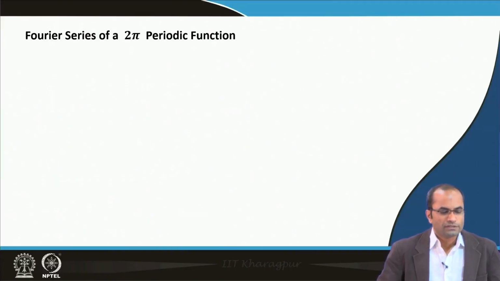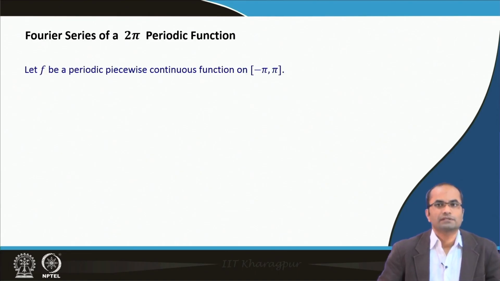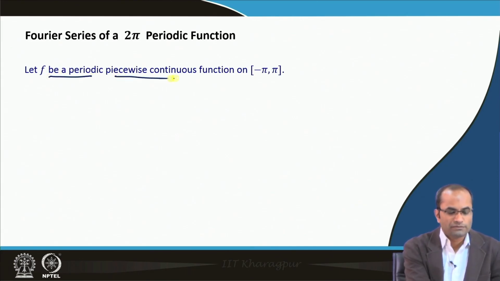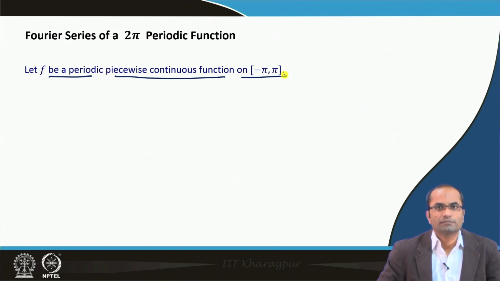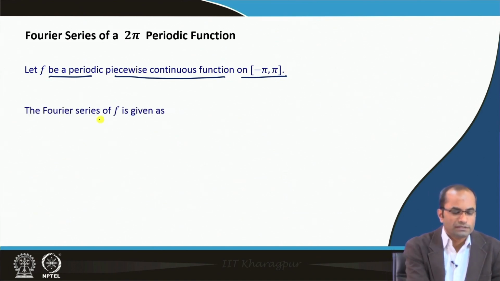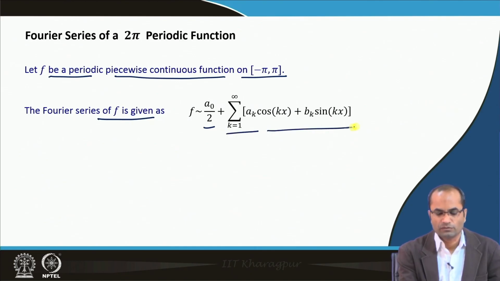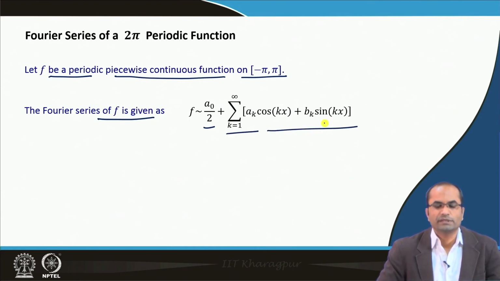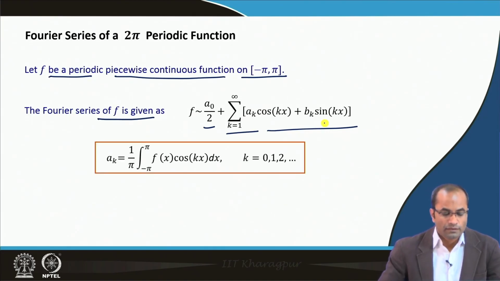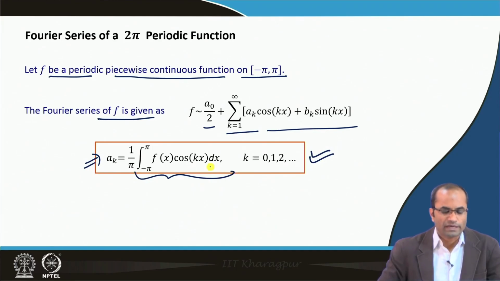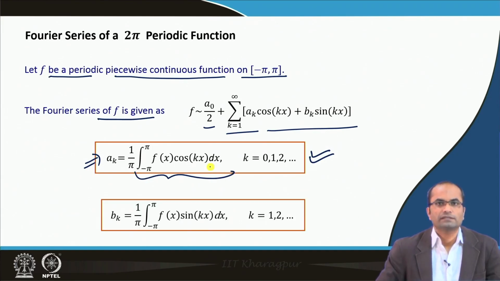Just to recall the Fourier series of a 2 pi periodic function that we discussed in the previous lecture, suppose this f is a periodic piecewise continuous function on the interval minus pi to pi. Its Fourier series is given by this trigonometric series a0 by 2, and then we have the summation over a_k cos kx plus b_k sin kx, where the so called Fourier coefficients a_k we can compute by this integral from minus pi to pi f(x) cos kx dx, and similarly